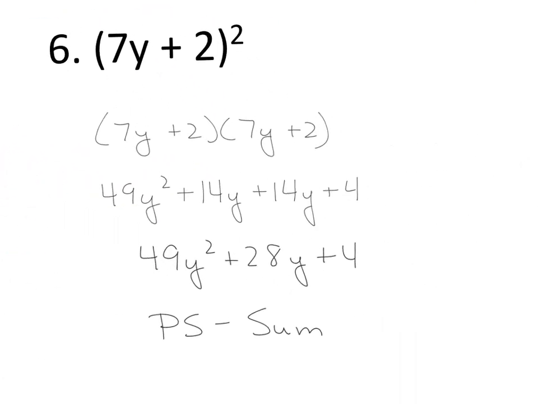All right, and the last one here. Okay, so with that squared, you should have written it out twice and then FOILed. So 7 times 7 is 49y squared. Again, change the exponent when you multiply. Plus 14y,